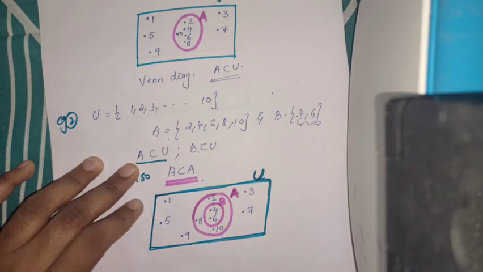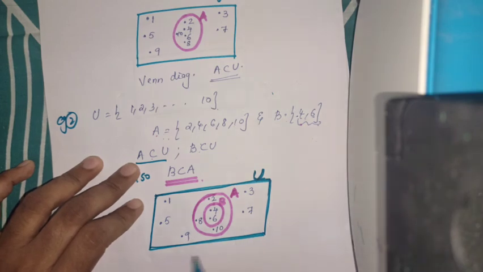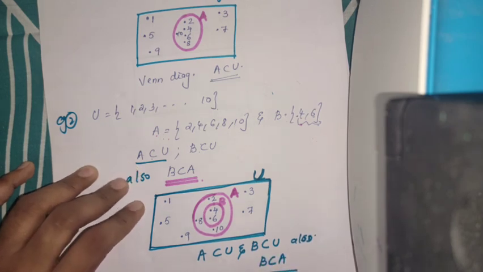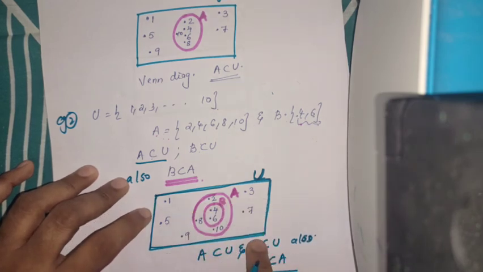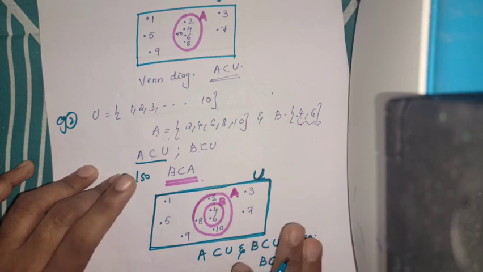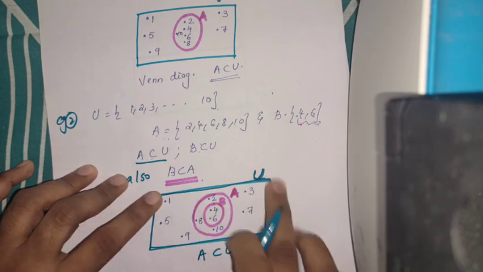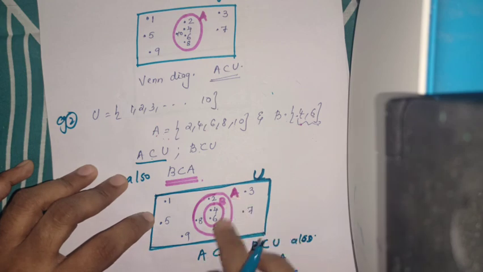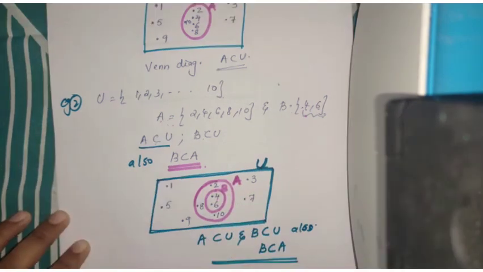So this is the representation of this: A is a subset of U and B is a subset of U. Also, B is a subset of A. So this is the relation in notation. By using a Venn diagram we are representing it like this. Clear? In a Venn diagram, the universal set is always represented by a rectangle and the subsets by circles. This is how a Venn diagram is drawn.